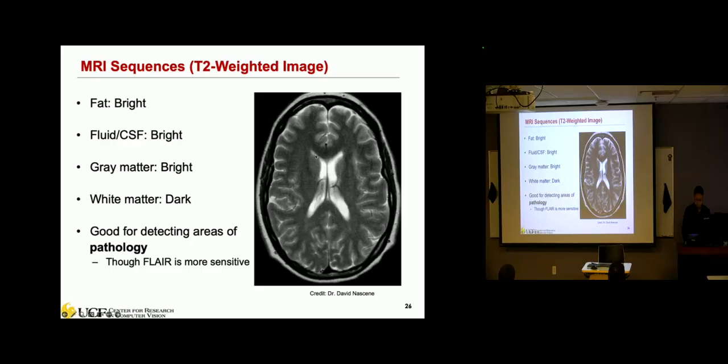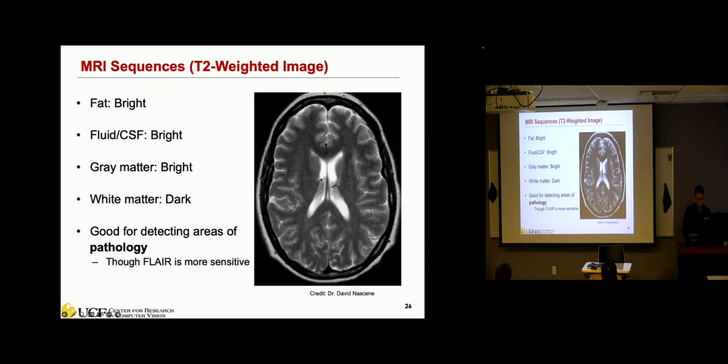And on the T2 weighted image, the big difference you will see is that the fluid now becomes bright. In the center, the T1 is pure dark, but the T2 weighted is bright. This T2 weighted image is good for detecting areas of pathology. One thing to note is that this fluid or CSF will show up bright.